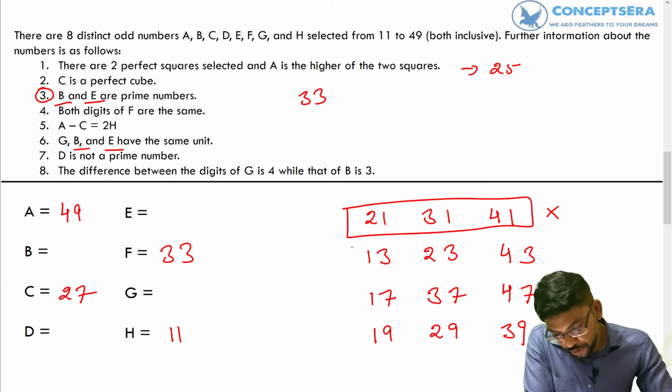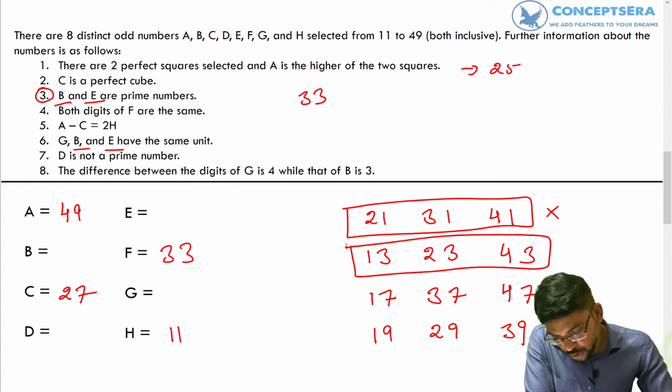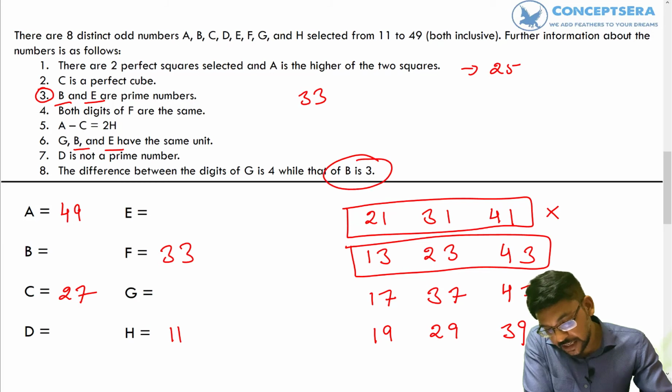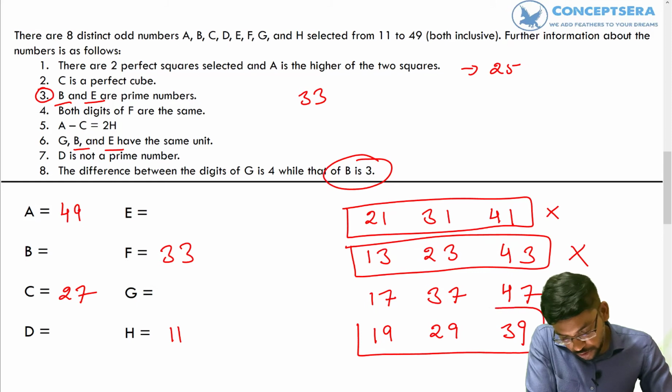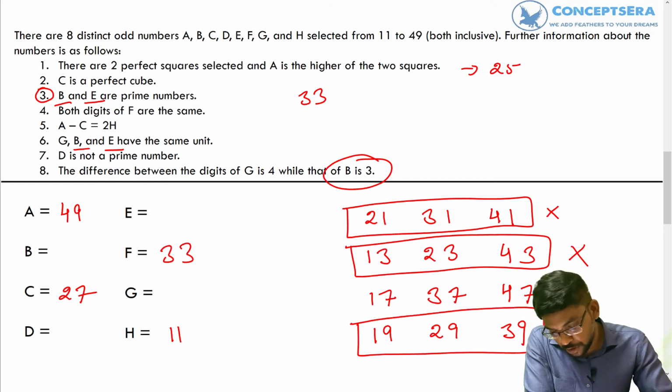Similarly, if we go for second here, we know difference of digits of B is 3. If we see difference here, 3 minus 1 for 13 is 2, 3 minus 2 for 23 is 1, and 4 minus 3, which is 43, is 1. So immediately we can say there is no number here where difference of digits is 3. So we can remove this also. And if we look for the last part also, accordingly we can remove this because difference between digits of G